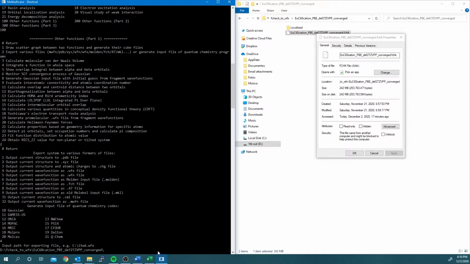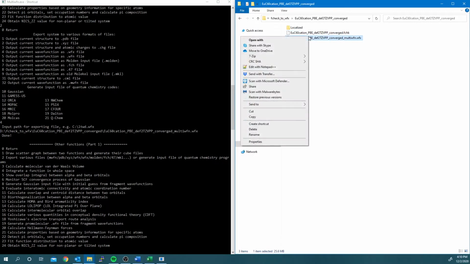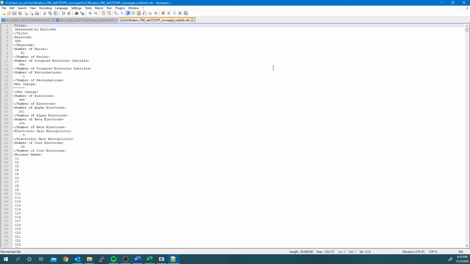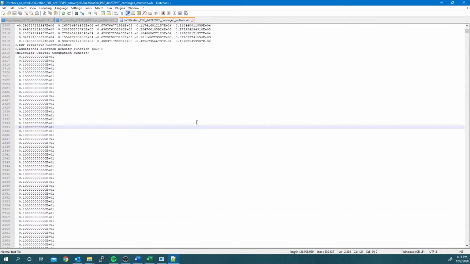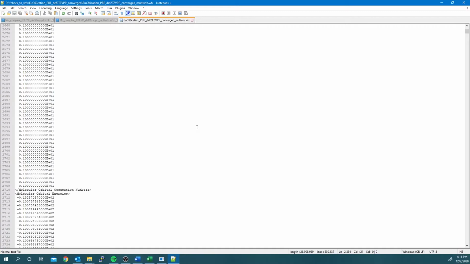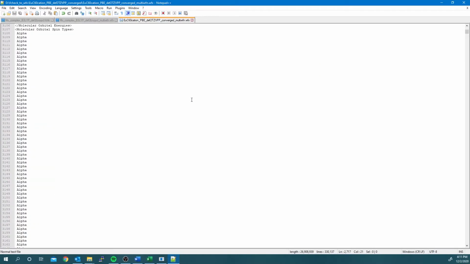Write the output path and the name of the file. Open the newly created WFX file and fix the charge if necessary. Note that now the orbital energies, which are non-zero, should not be changed to zero if the localization was not done.